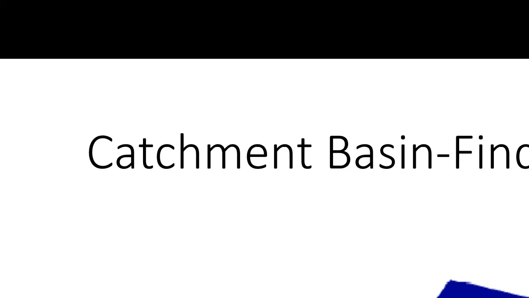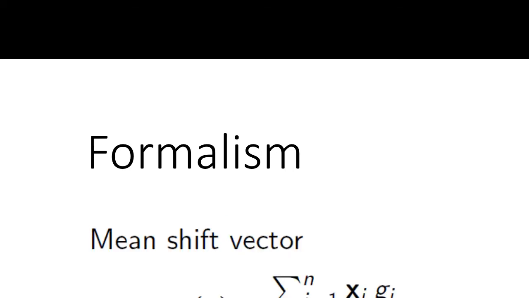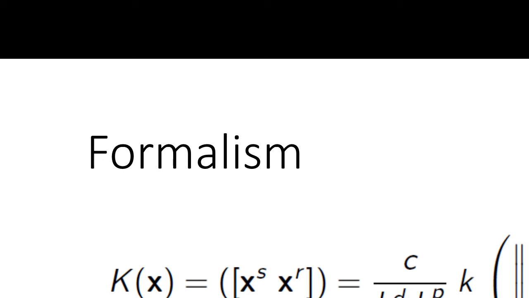So what you do is you just sum all those different things together. The formalism here is really very straightforward. In the interest of time, I'm not going to go through it, but it's very easy to cast this as a very high-dimensional problem as opposed to all of these individual points in the space, and compute a single mean shift vector in the high-dimensional phase space of the system, and use information other than density in your construction of mean shift. So you can use spatial and range distance functions.